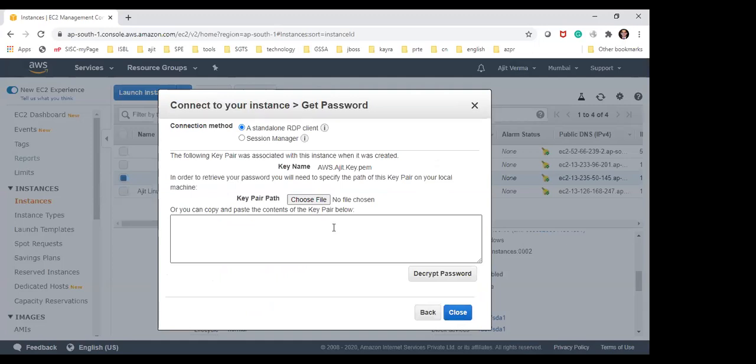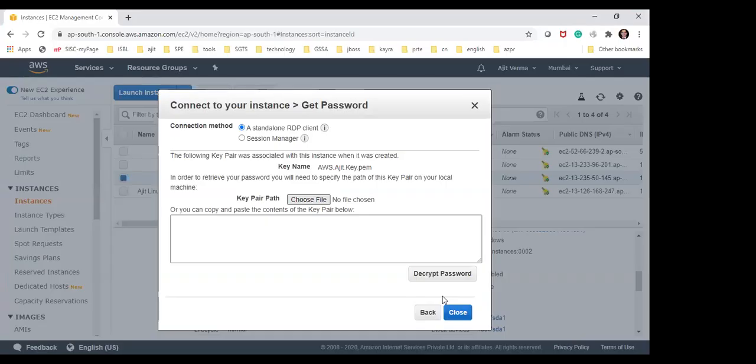Okay. You know the password? You don't know, right? Get password. Select your file. I think it's already there, right? I think I have the password. I'll connect through RDP. What is the command for that? MSTSC. Microsoft Terminal Services Console. RDP is a protocol, remote desktop protocol. We can close this.